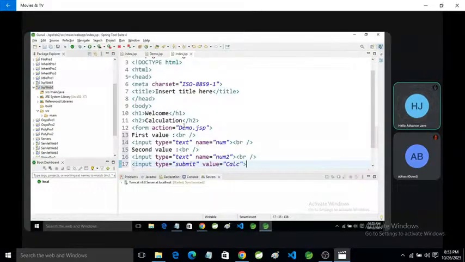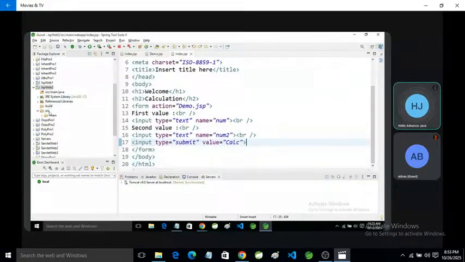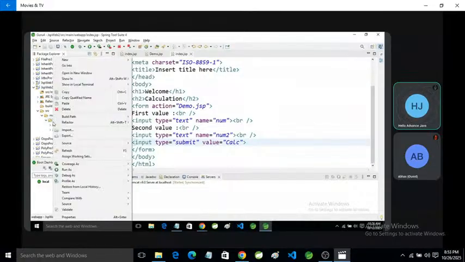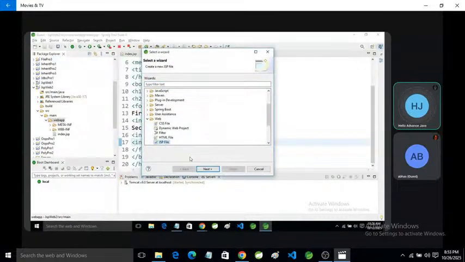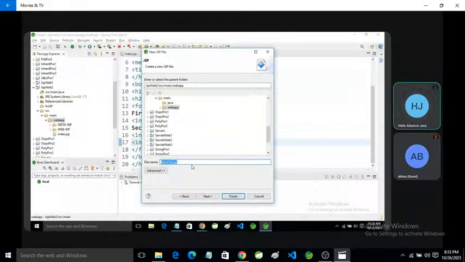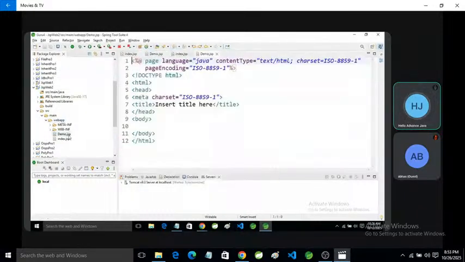Okay, now we need to receive this value in demo.jsp. So create it here, we will receive the values and declare here.